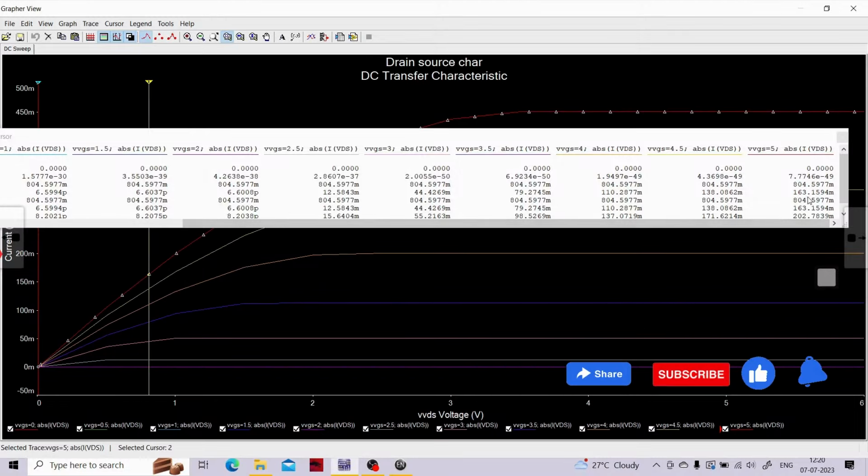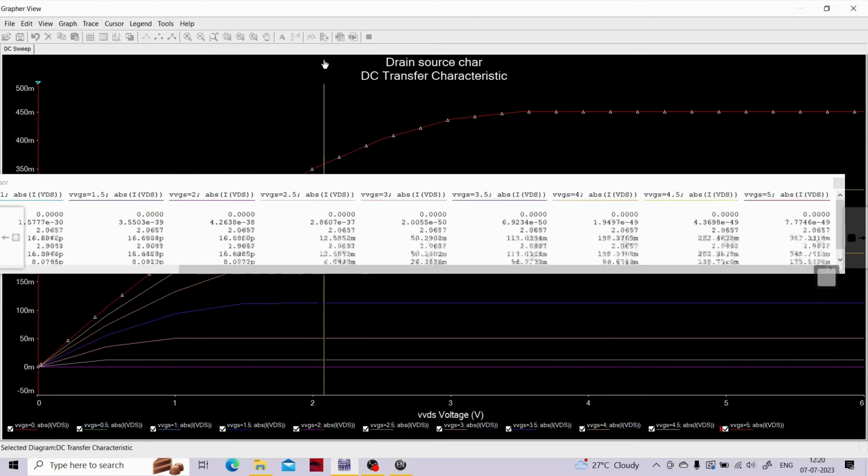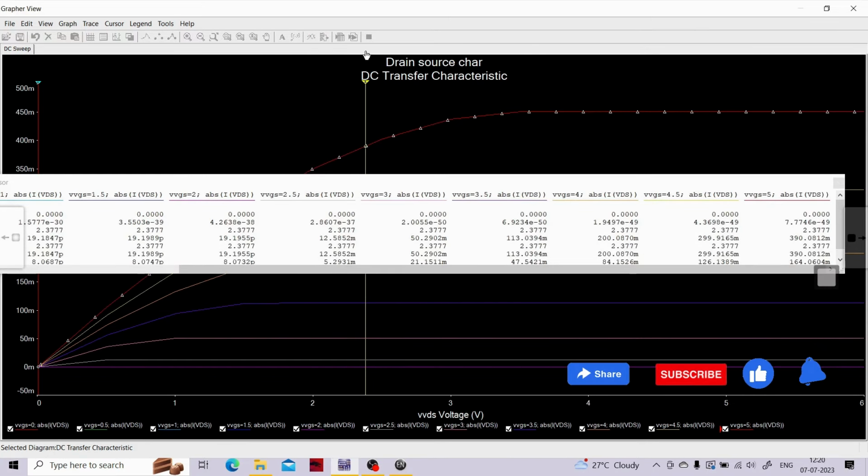Yeah, it's around 163.159 milliampere, right? Okay, so now let me shift this particular cursor maybe somewhere over here, and as you can see, this time I should get the value to be somewhat closer to maybe 370. Yeah, it's around 390 milliampere. Okay, so as you can see, this is the value for current,